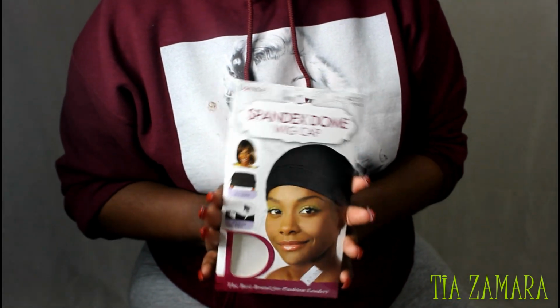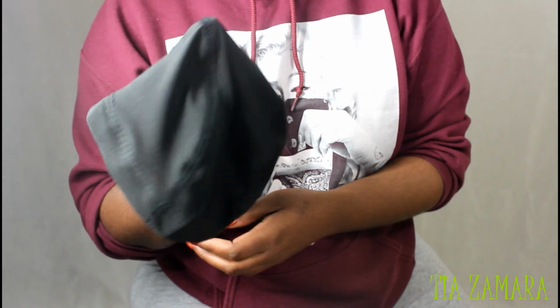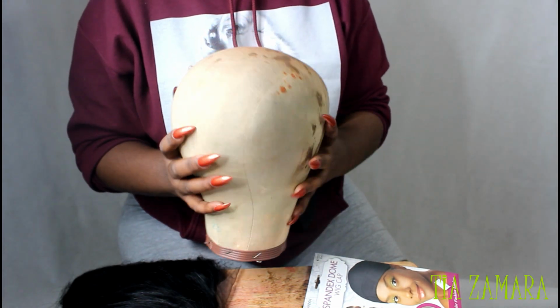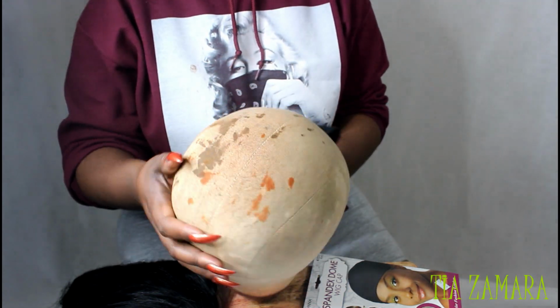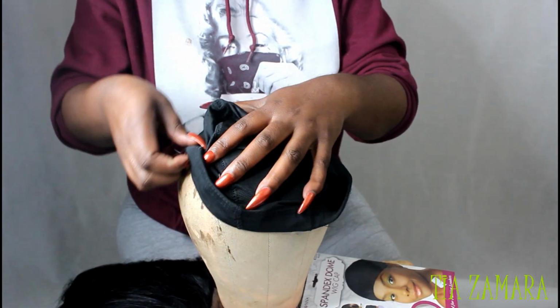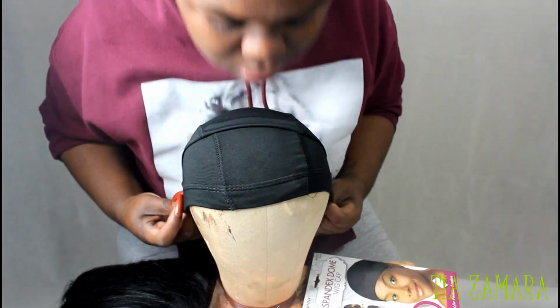All right, you guys, so I'm starting off with my spandex dome cap. I usually use the mesh dome caps, but they didn't have any more, so I'm stuck with this one. I also have my canvas block, which is way better to use when you are constructing a lace frontal. So if you have the styrofoam, go ahead and throw that out and try to get you a canvas block